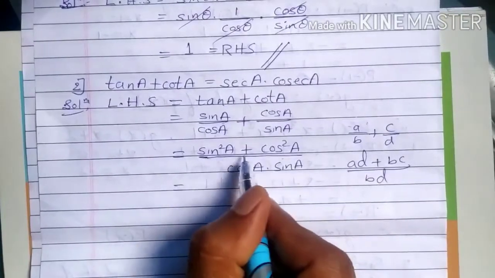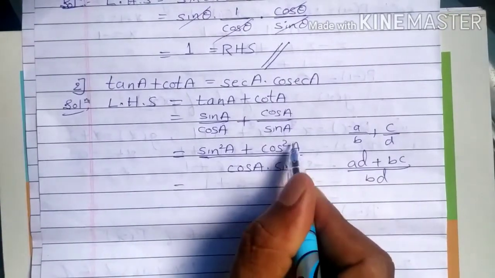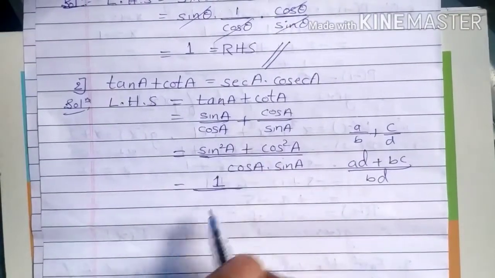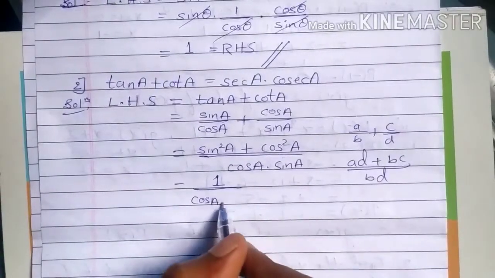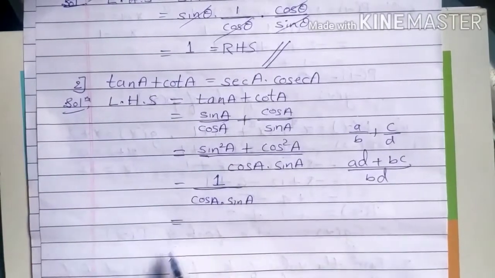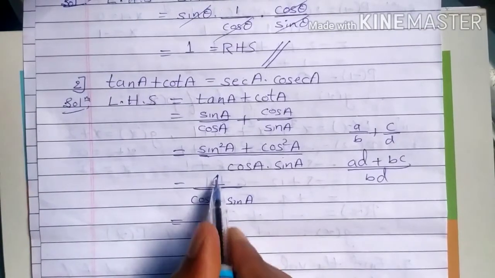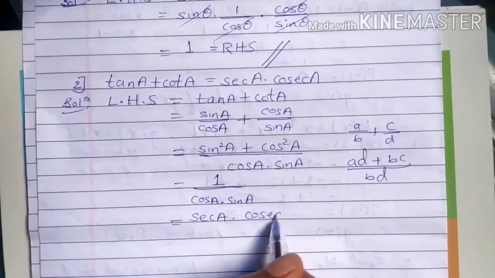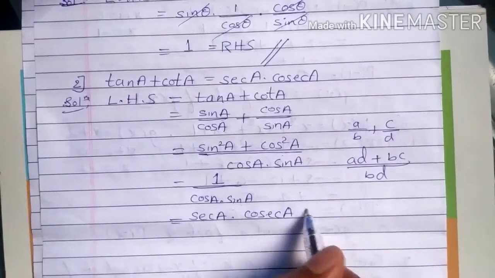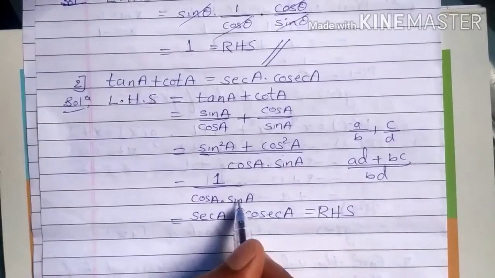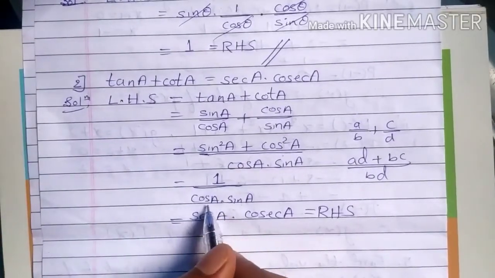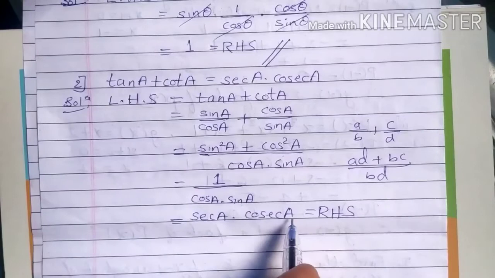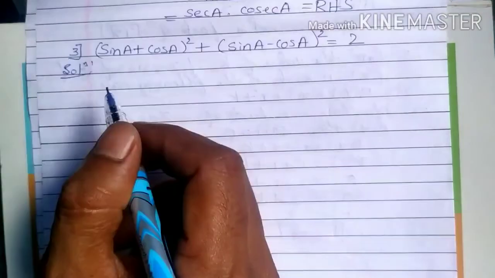So now we know that sin square A plus cos square A, sin square theta plus cos square theta is always equal to 1. Identity, there were 3 identities, so this is one of them, divided by cos A into sin A, that is equal to 1 by cos A into 1 by sin A, since multiplication is there. 1 by cos is sec A, and 1 by sin A is cosec A, right? So they become sec A and cosec A. That is nothing but RHS.